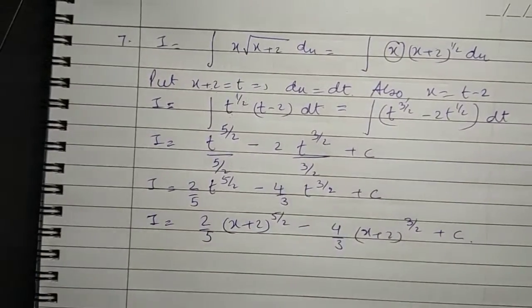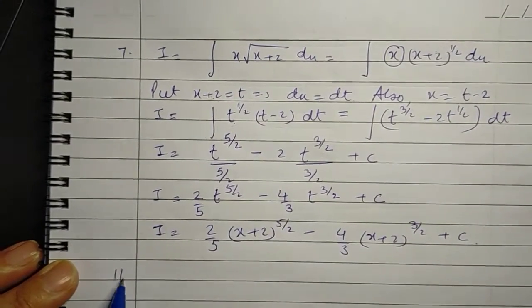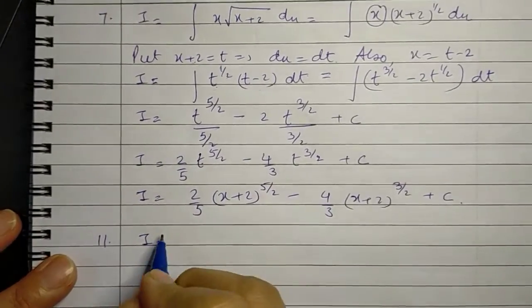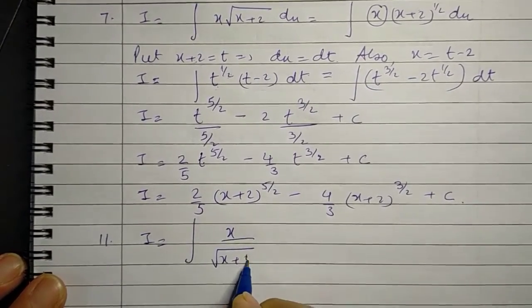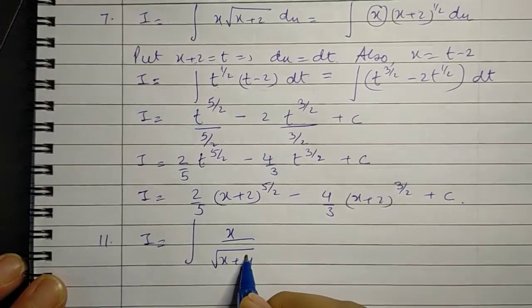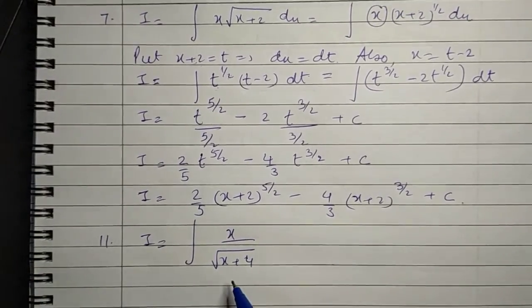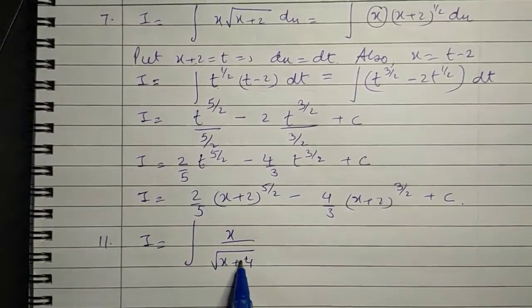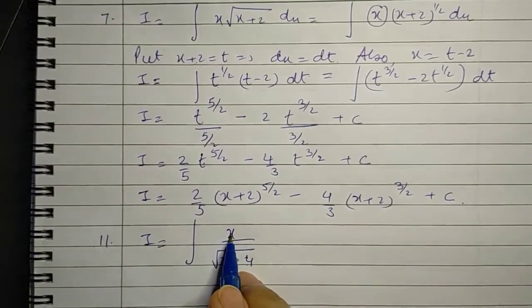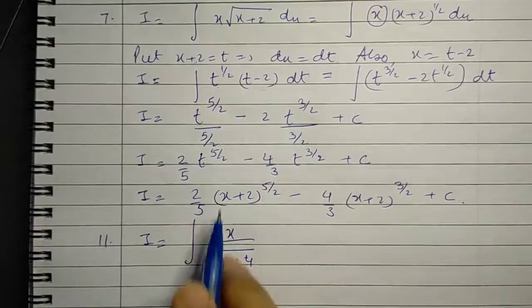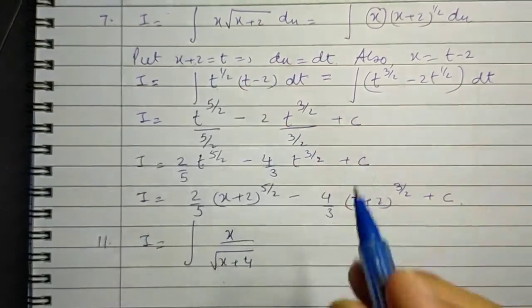Similarly, we can do question number 11, which is exactly on the same lines. It is x upon square root of x plus 4. If you observe carefully, here also the power is over the binomial and not over the monomial. So what do we do? Exactly on the same lines, put